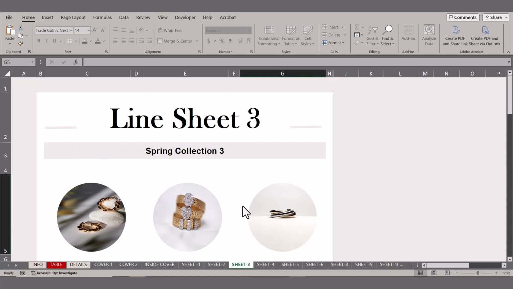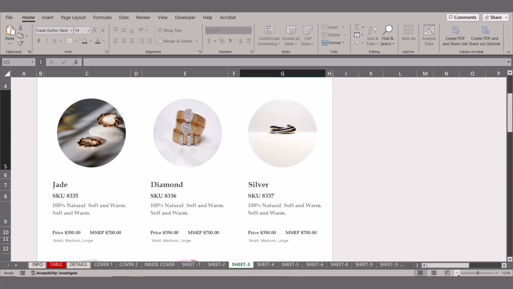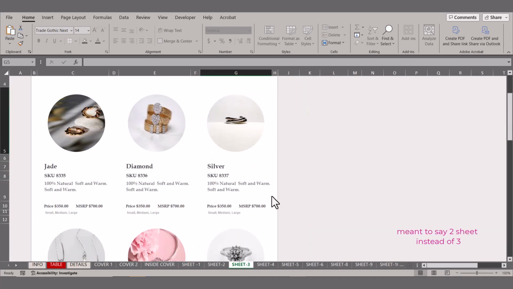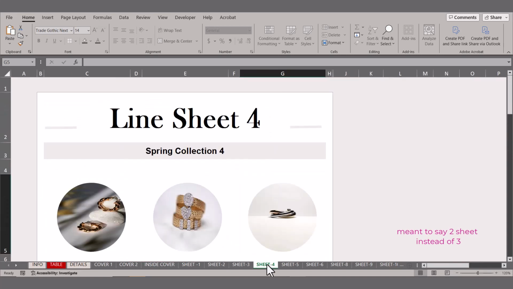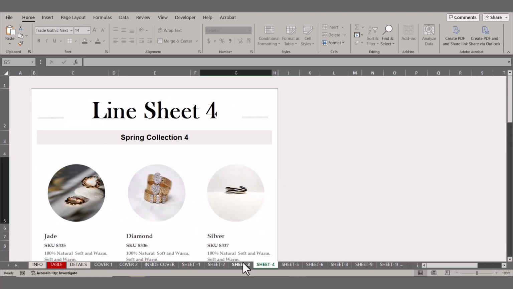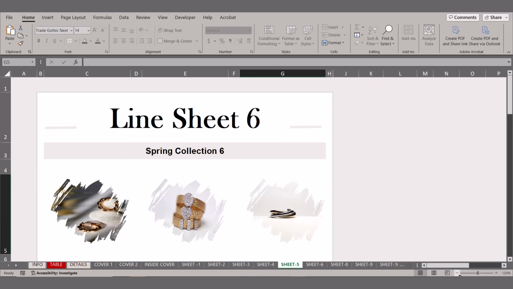You get 3 sheets of the circle format, because you're imagining that it's a catalog. So usually you have 2 sheets of one. You want to keep the eyes kind of, or the person invested, so you want to change up the style. And the 4th page,